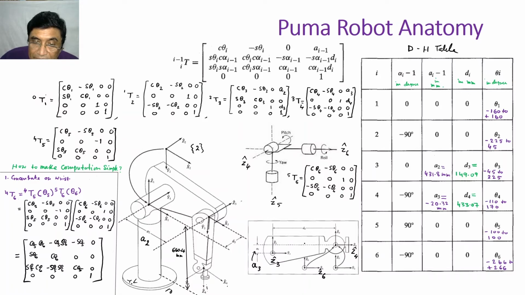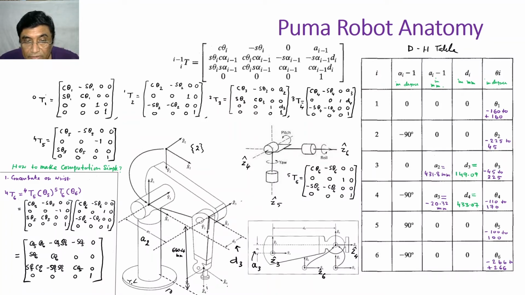Okay, and then since they are offset, d will also come into the picture, you know. So d is the distance between two successive common normal. So one common normal is actually this one and this one, x1 or x2, x1 and x2 because they are the same. Okay, x2 and x3. The distance between them is d3. So you need to understand. It's very simple, right? So you got a3, you got d3, okay, and then you have